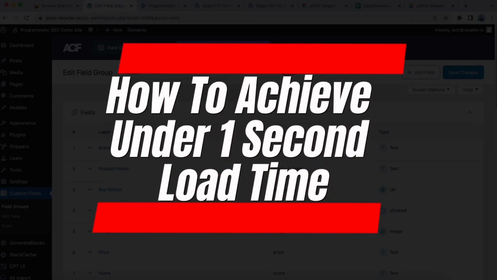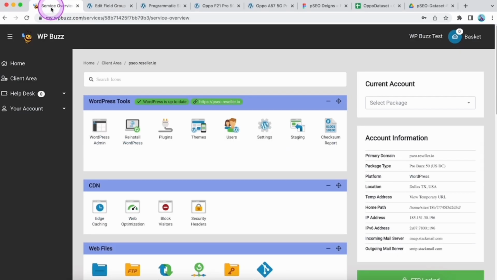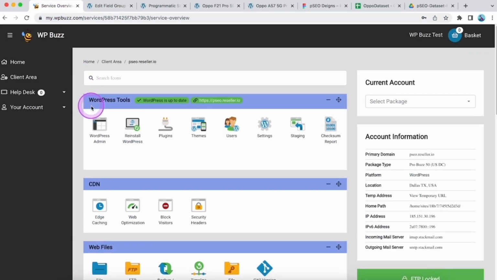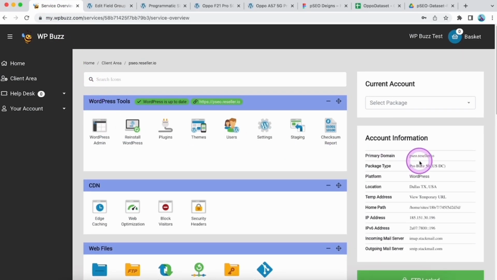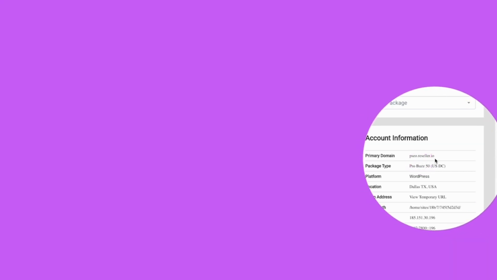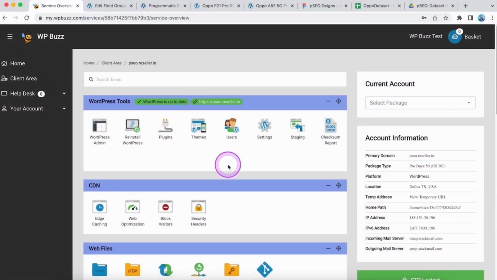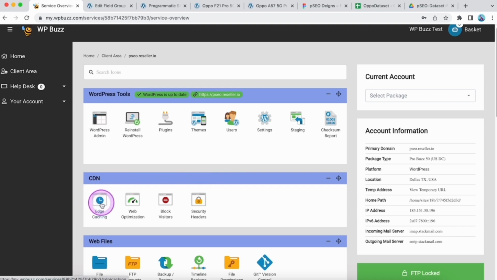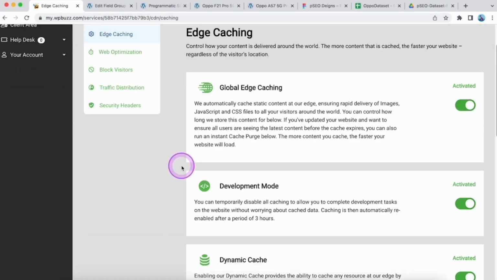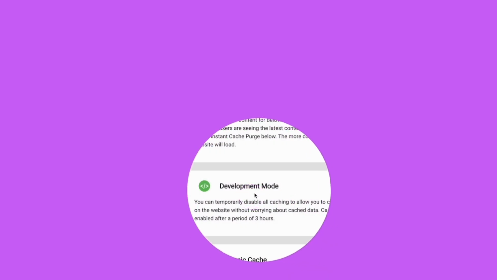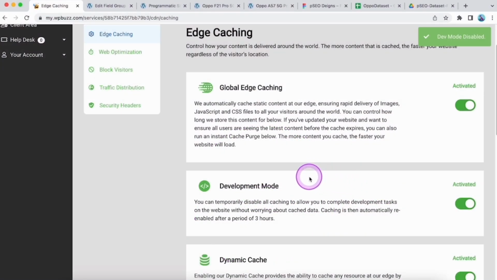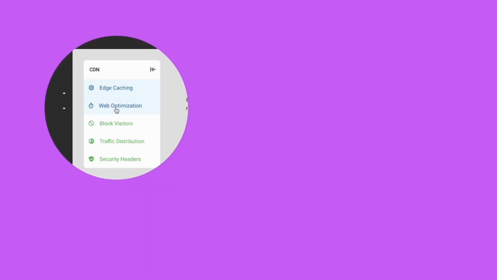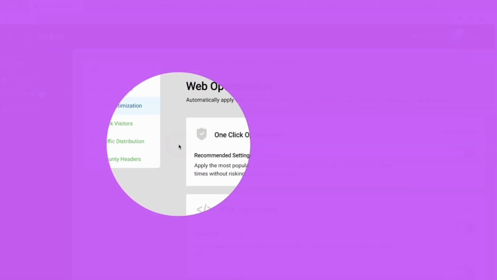Now it is time to speed up this site. I'll simply go to the hosting panel. This is the hosting panel of pseo.reseller.io. This is what I named this site. I'll go to CDN, click on edge caching, and I will simply deactivate the development mode. Okay, now that I have deactivated the development mode, I will go to web optimization in here and simply turn